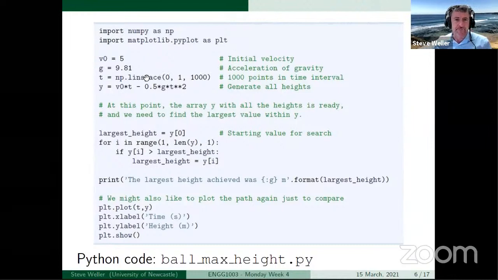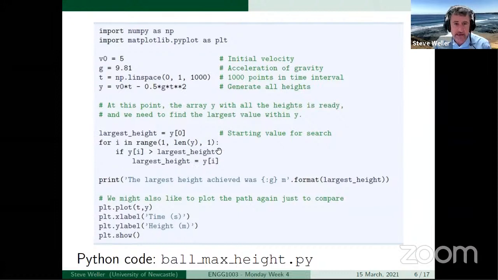The first 4 active lines of the code simulate the trajectory, or the height of the ball, as a function of time. The key lines here set up the linearly spaced points in time, and the computation of the array of heights with this expression: y equals v0 times t minus half g t squared. Seen this code before. I won't go into detail.